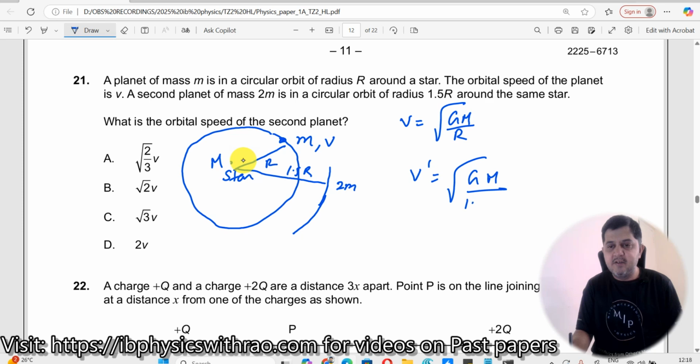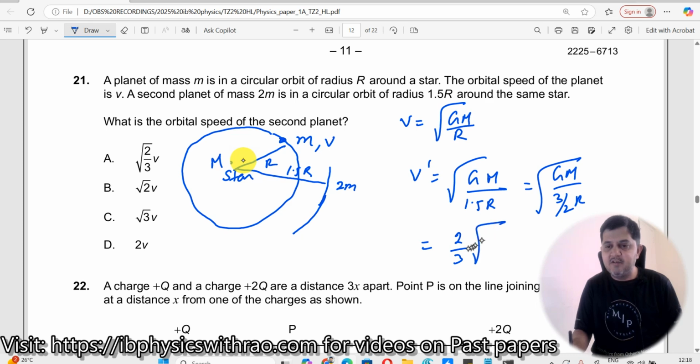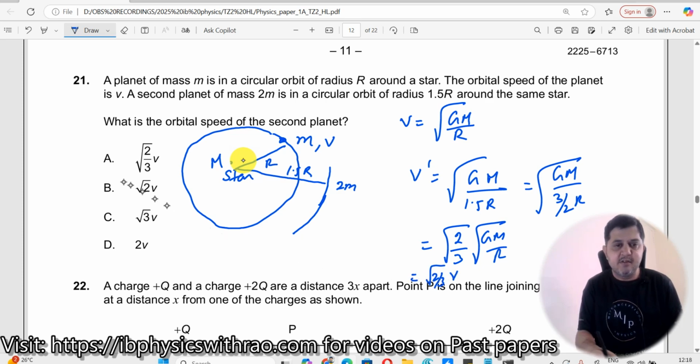1.5 r, which should now be equal to square root of GM divided by 3 by 2 r, which can once again be written as root of 2 by 3 into root of GM by r. Now what is root of GM by r? We already know this. So this should be root of 2 by 3 times v. So the answer is option